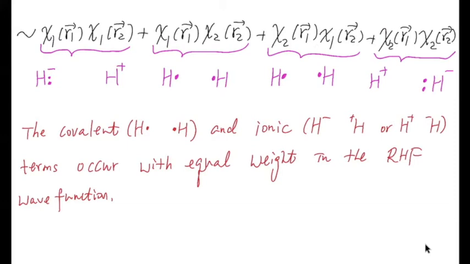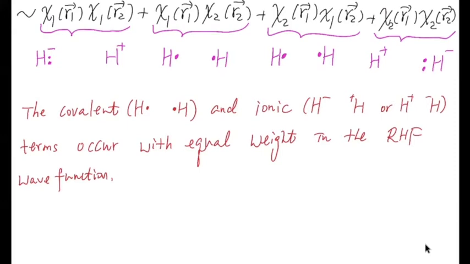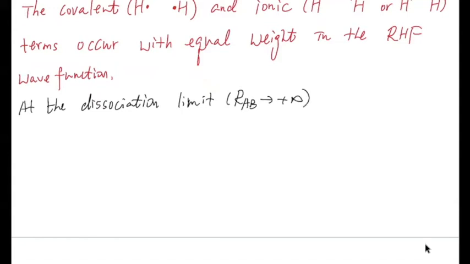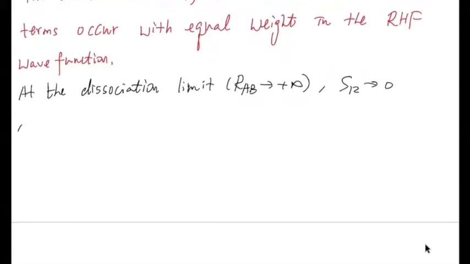But when you stretch the hydrogen-hydrogen bond distance, when you consider the dissociation limit, that is, the separation between these 2 protons is infinitely large, and of course the overlap integral goes to 0, that's for sure, right? So the restricted Hartree-Fock wave function, which is a 2-particle wave function, is really